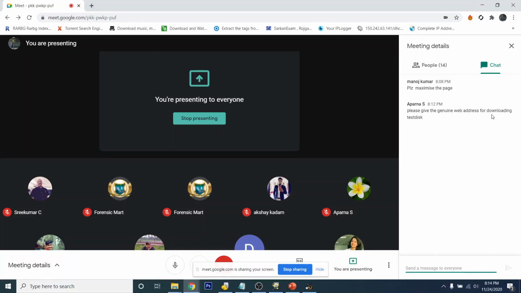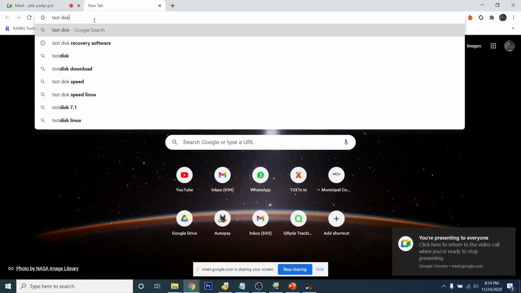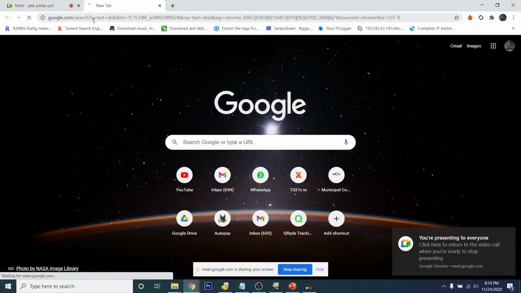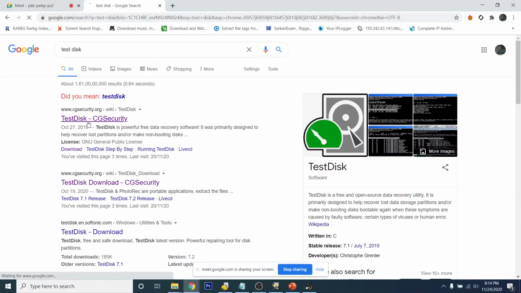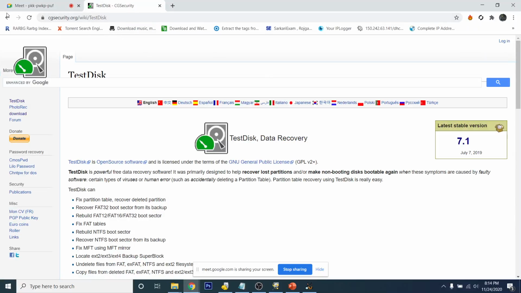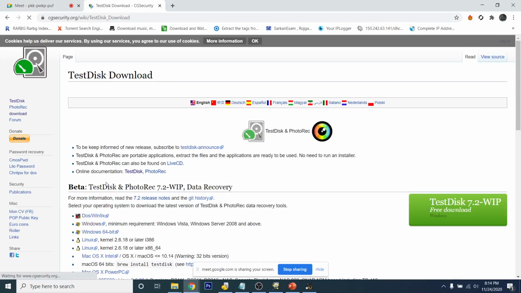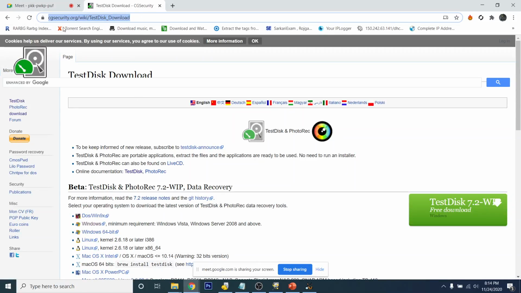Please give the genuine web address for downloading TestDisk. It is of CGSecurity if I'm not wrong.